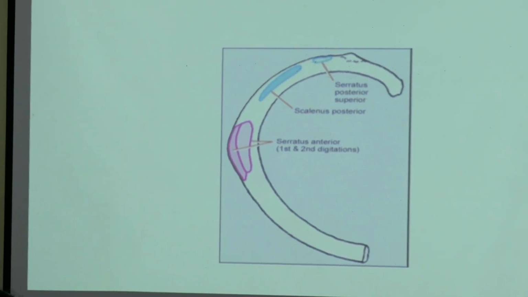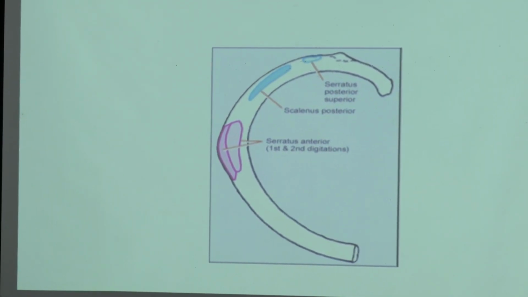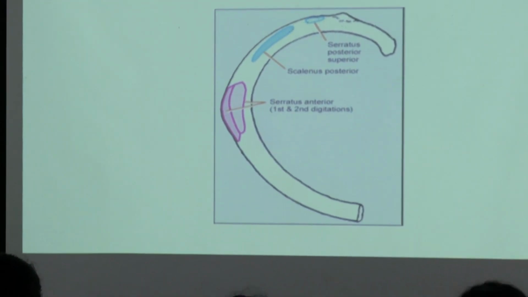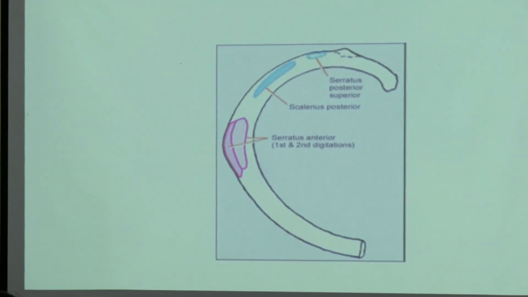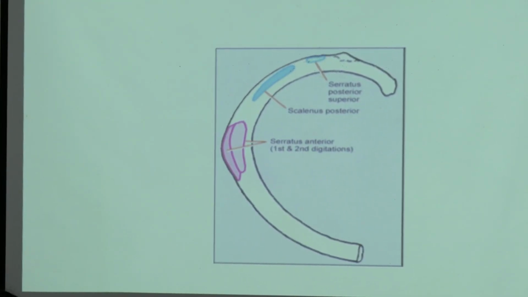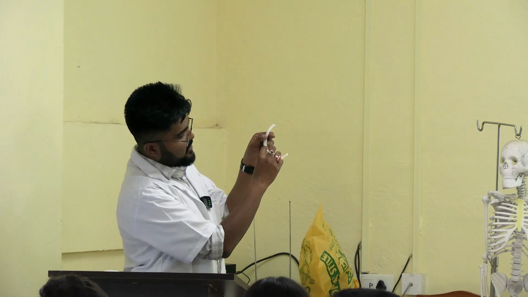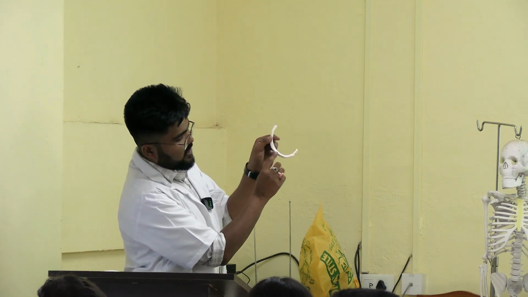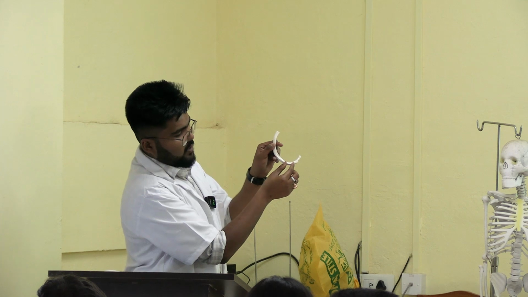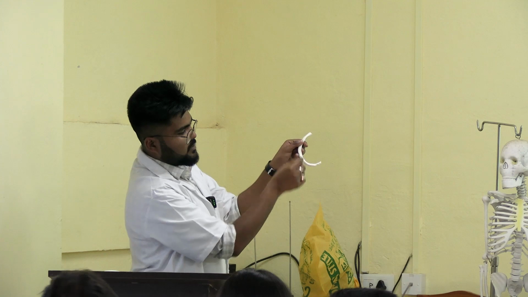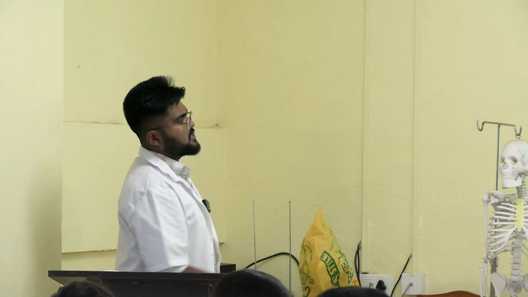This is Scalenus posterior. This is mainly your neck muscle. Okay, the Scalenus anterior, posterior, middle. So these are mainly your neck muscles, and this originates from behind the tubercle, where one ridge is present. This is the rough area, this is the tubercle, and behind this, one ridge is present. From the anterior of the ridge, the Scalenus posterior muscle is attached, and the posterior of the ridge, the serratus posterior